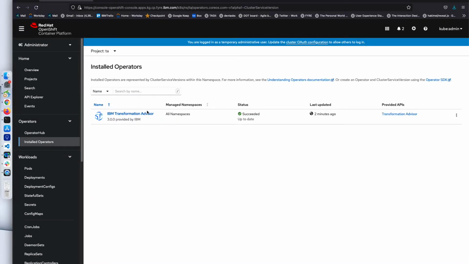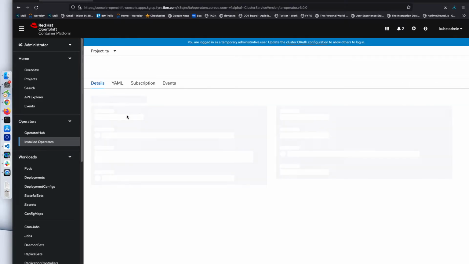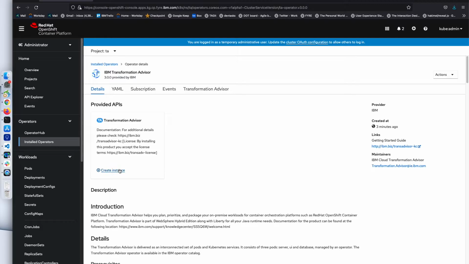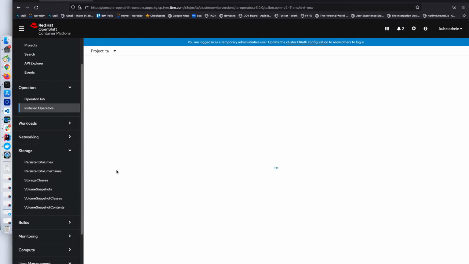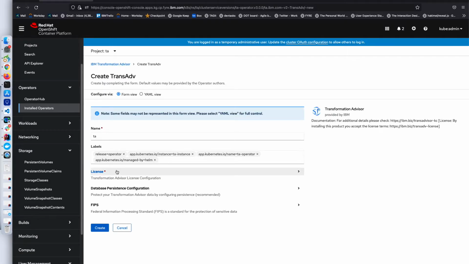So going back to the installed operators then in the OpenShift UI, having the TA namespace or project selected, I'm ready to create an instance. So I can click the create instance button, select my license,